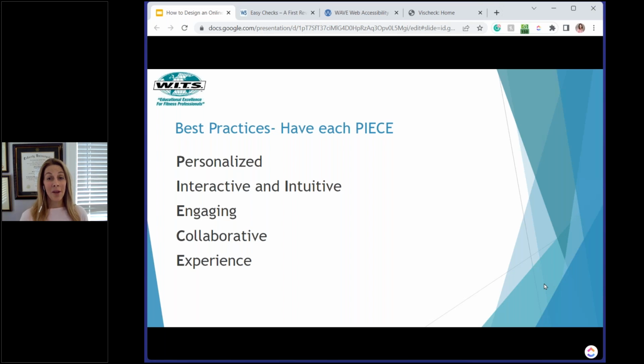Yeah, no, I know WITS does a great job of really making sure that their courses are personable. One of the things you want to do is treat adult learners like adults and not children. I know that sounds silly, but sometimes when we create a course, we almost make it too elementary. There's something called adult learning theory, and what they state is